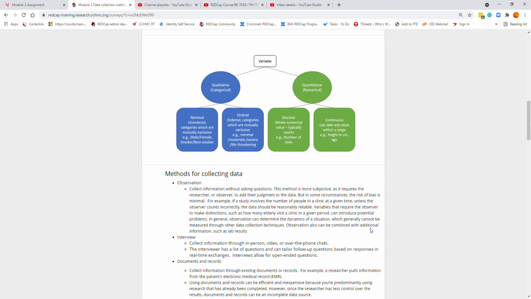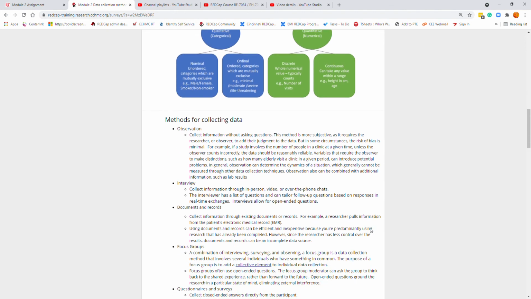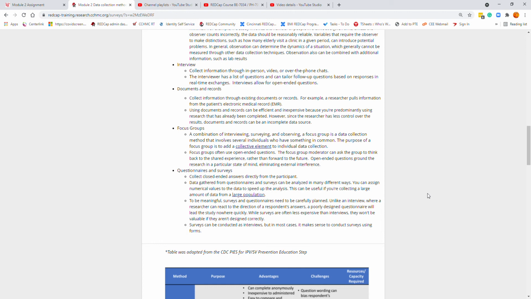Our third type of method for collecting data would be documents and records. In this case, you're collecting information from existing documents or electronic medical forms and such. For example, a researcher can pull information from the patient's medical record, and this would be collecting documents or records from an existing source. Using the documents and the records can be a very efficient and inexpensive way to do your research,